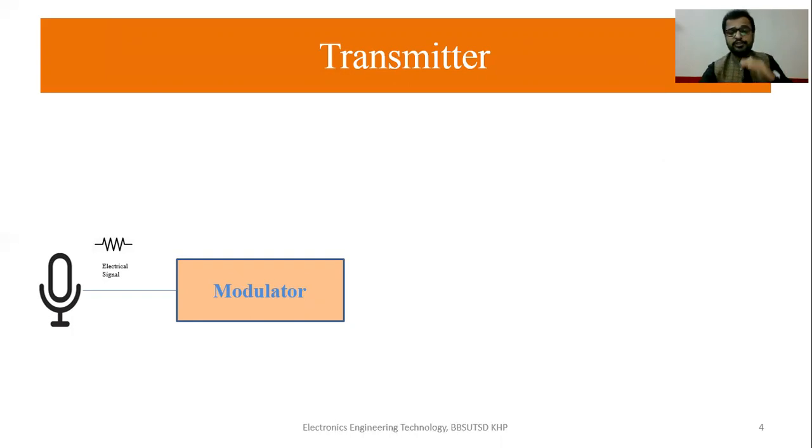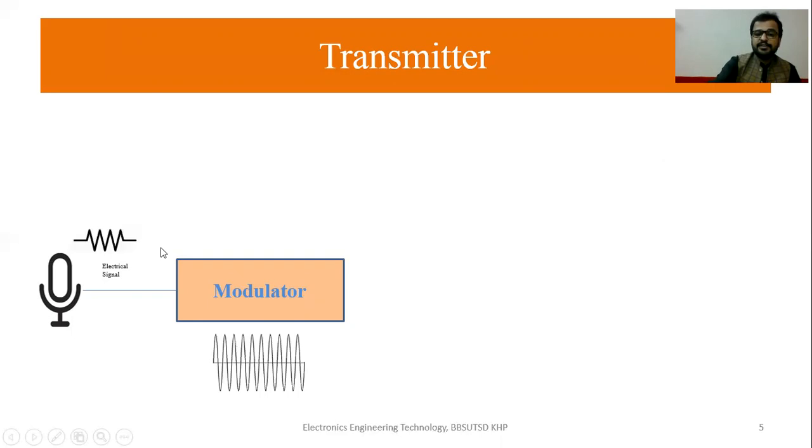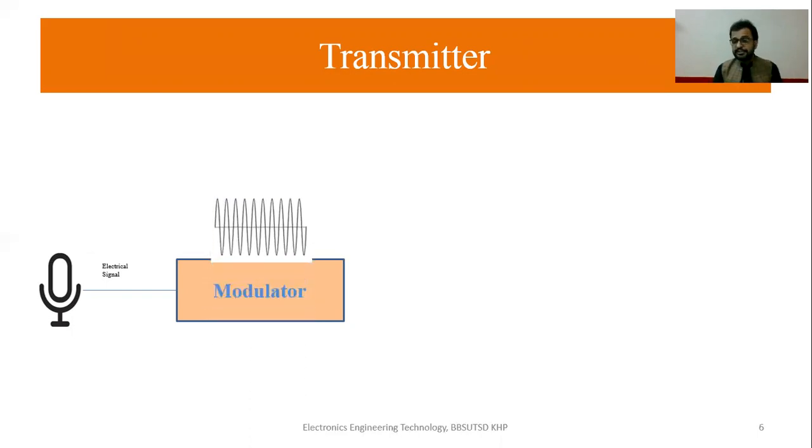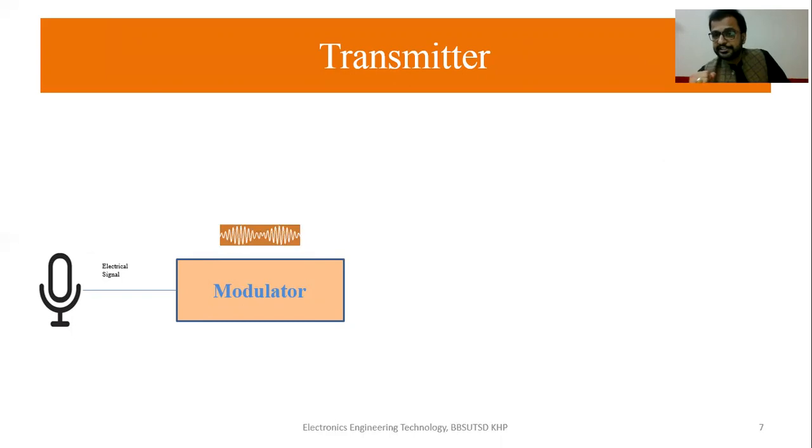Let's suppose this one is our electrical signal, and this one is our carrier signal, because this one is a high frequency signal as compared to our message signal. When these both signals are mixed, then there is a modulated signal. When we add two signals, we get a signal of a new shape. But make sure that the carrier signal has no information.